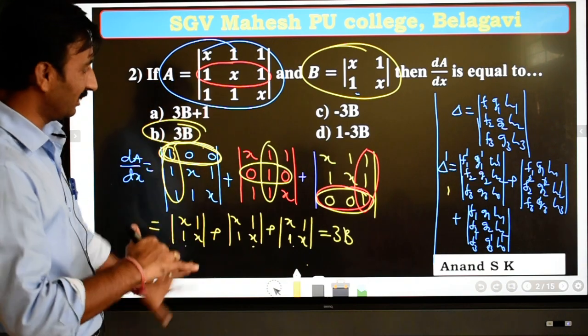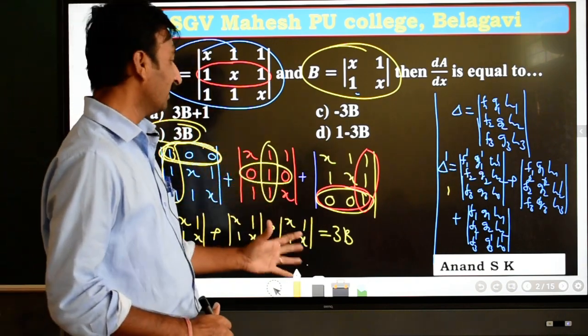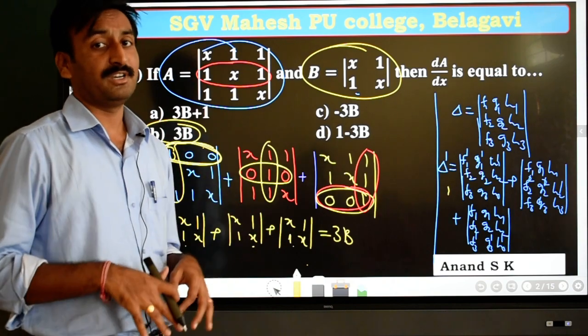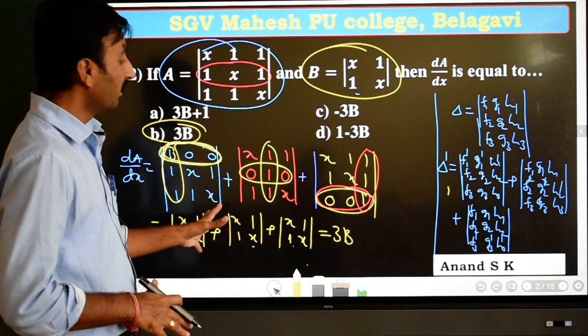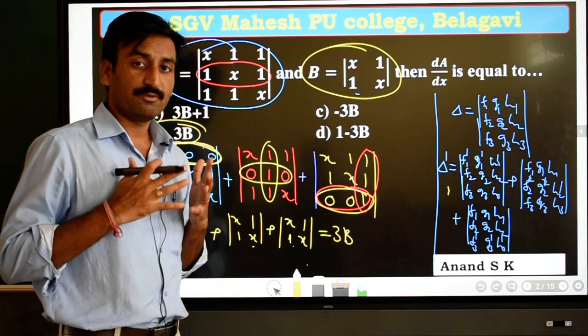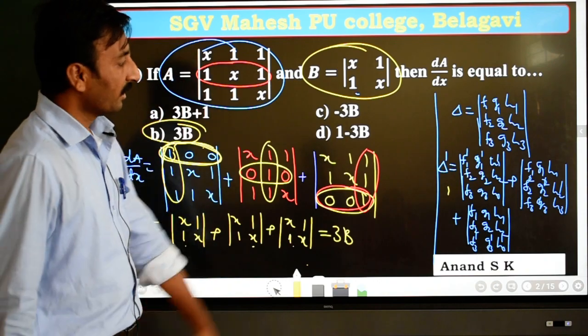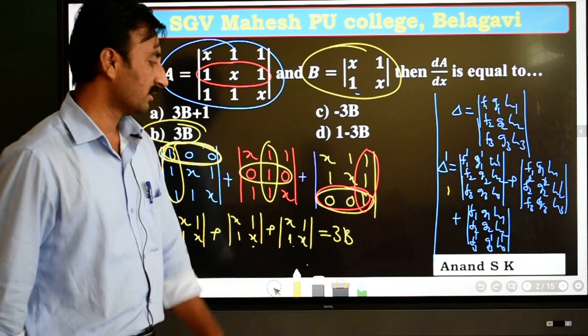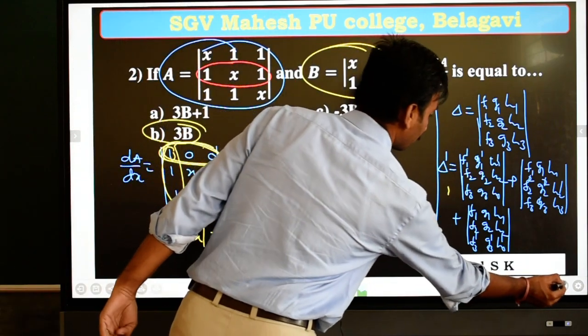I hope you enjoyed this method. This is one new trick. Here most of the students will try to expand the determinant and try to find the values, but here is a shortcut way to eliminate the rows and columns. It's also called elimination of rows and columns. Okay, so remember this method, it is a differentiation of determinant. Yes, now I proceed for the next question.